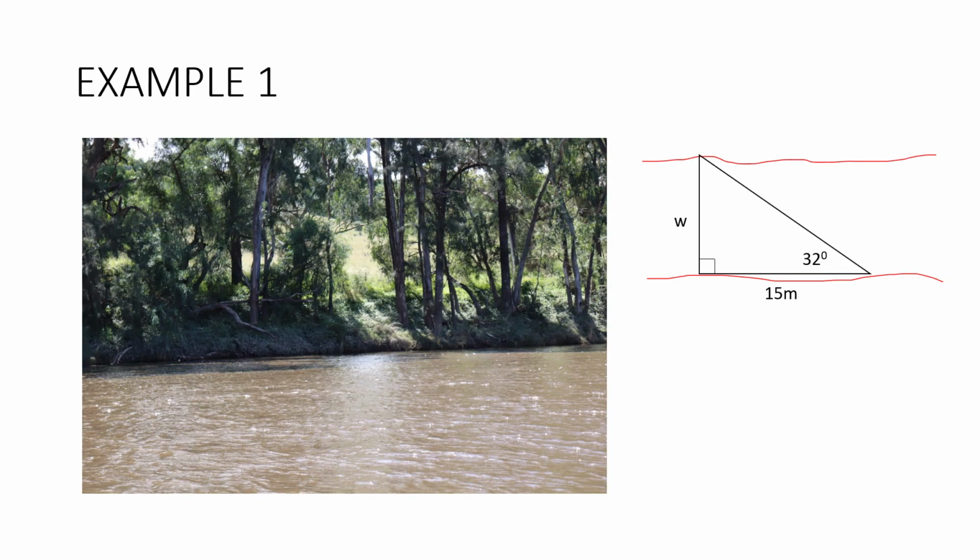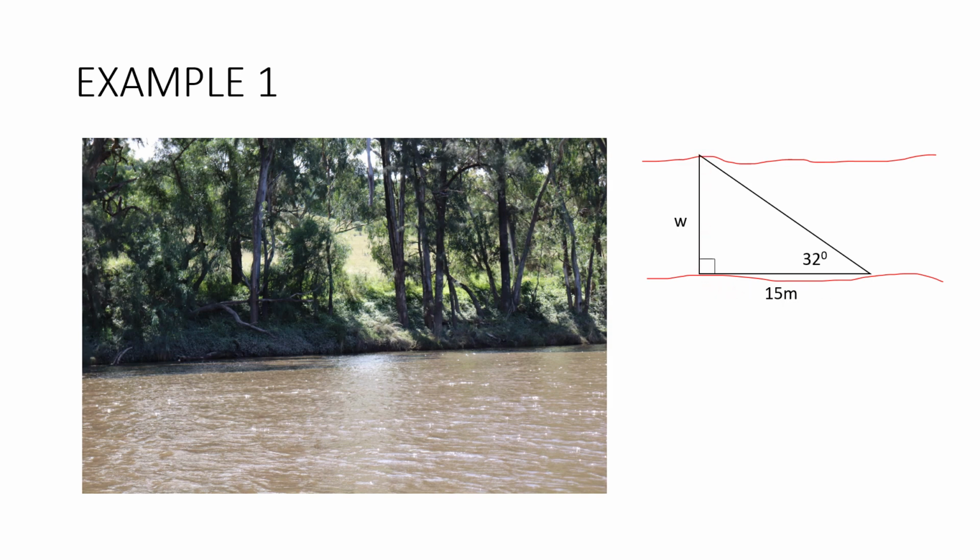We can also use trigonometry in real life to calculate heights of buildings or widths of rivers. And we don't need to cross the river in this case. So if we use our instruments, say we line up a tree on the opposite side of the river, and we stand here perpendicular to the river, and then measure a distance along the bank, and then use some instruments to work out the angle between this first post where we were standing and the tree, then we have enough information to calculate the width